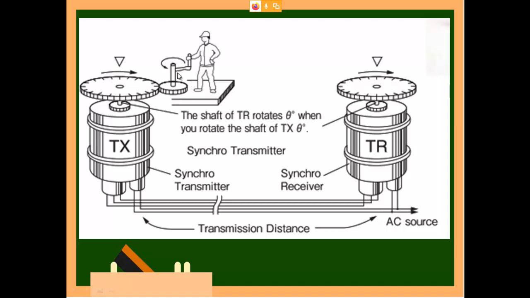He is trying to rotate with the help of a gear arrangement. When this rotates, you know that here you have a magnetic field and you have a rotor. Whenever magnetic lines of force are cut by a coil, an EMF will be induced. That induced EMF they are bringing here, amplifying it, and transmitting to the far end. So when he rotates here, automatically the signal is transmitted and received here. The number of rotations the person makes here, the same amount this will rotate.